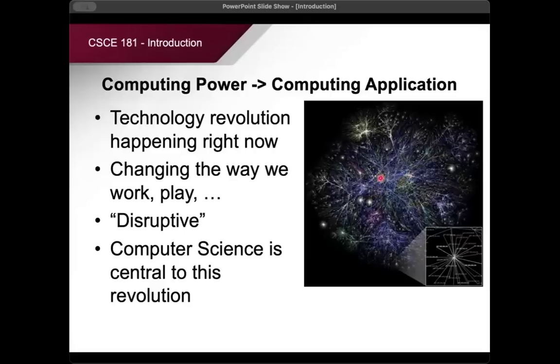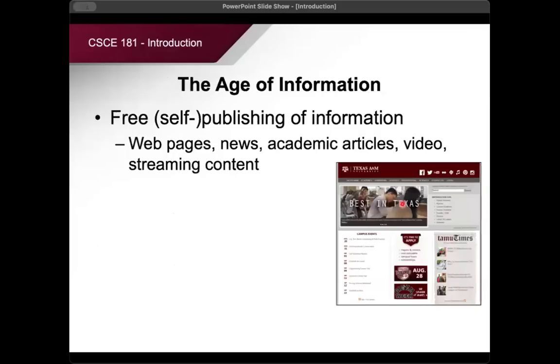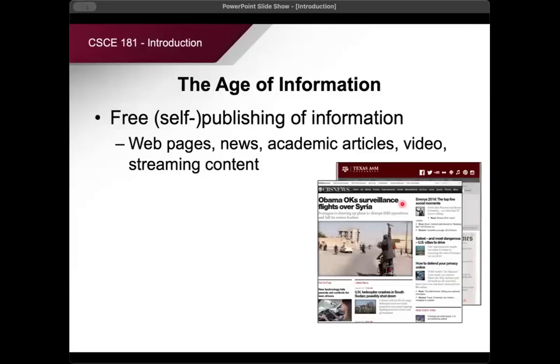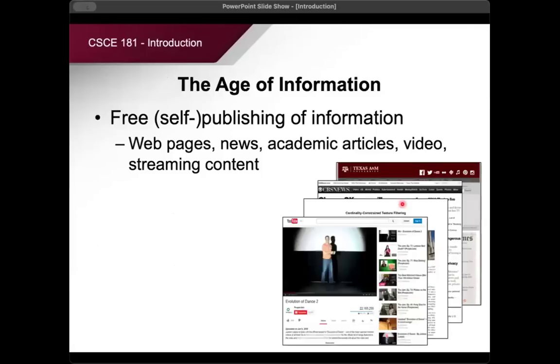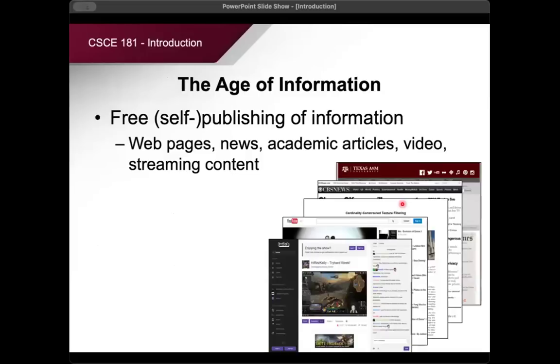In case you're wondering, this one looks like a galaxy of sorts, but no, this is the internet, with the backbone and all the end users. It's just a small snapshot right here. So amazing. Well, the age of information. Publishing has so many diverse forms. What you're seeing here is web pages, then news, academic articles, video, and then streaming content. So a whole bunch of